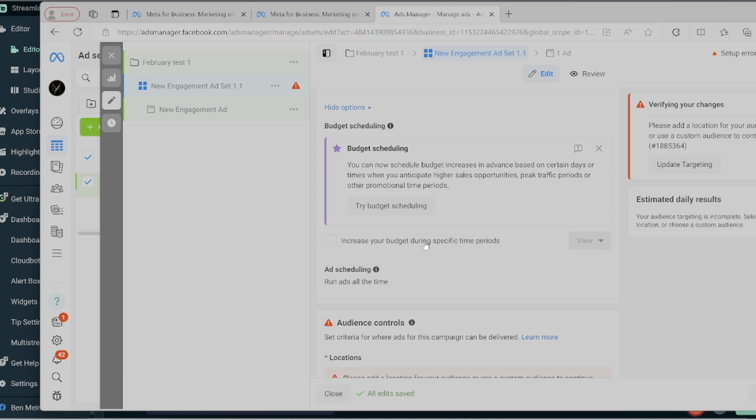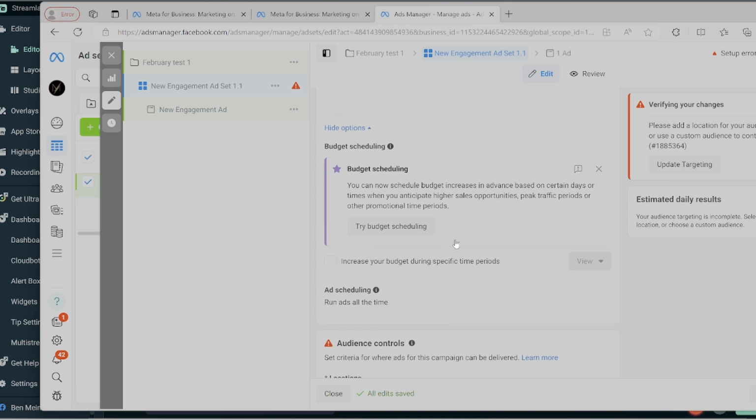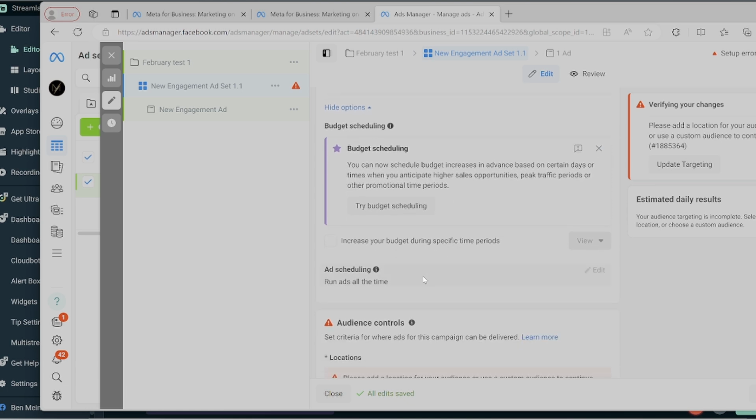We're going to leave this section the way it is as well. We're really only going to touch this if you have a lot of data. Like, I mean, you're getting hundreds of leads a month, and there's clear patterns in certain days or hours where you're getting the most leads, and you can come in here and mess with it. But in general, Facebook's AI is going to be way better than anything you could ever do in terms of picking the right stuff.